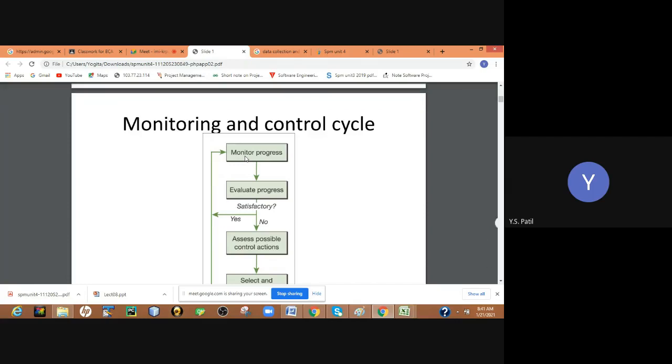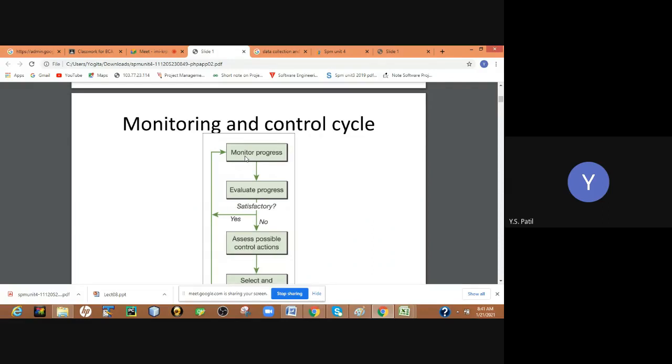Monitoring progress: you have to regularly monitor the progress of your project. When I say the progress of your project, it means you have to monitor the progress of each and every activity involved in your project, right? Let's say the activities of coding, designing, testing, generating the SRS document and all that.